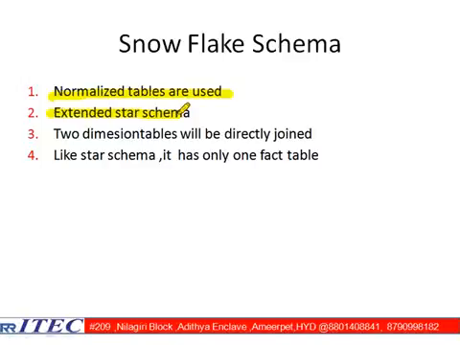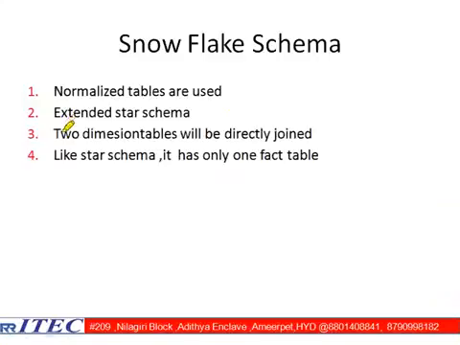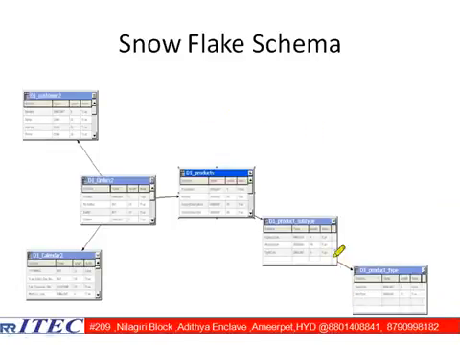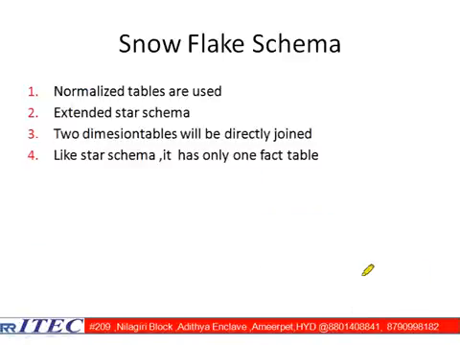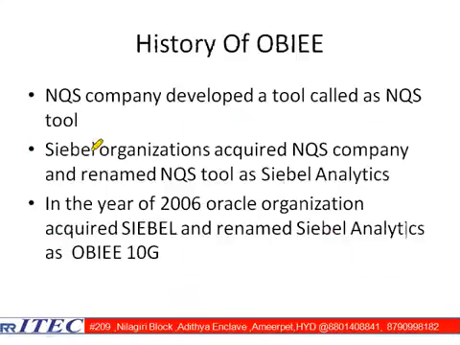Extended star schema: previously only one product table was available. Now I dragged and I made 3 tables. Hence it is called extended star schema. 2 dimension tables will be directly joined. Like star schema, it has only one fact table. In both cases, star schema and snowflake schema, we have only one fact table. One guaranteed important question is available, that is called